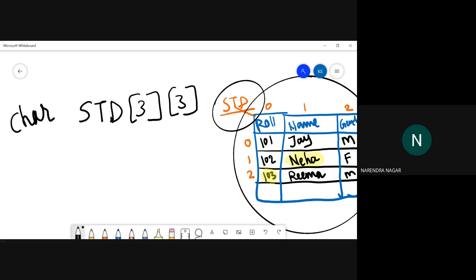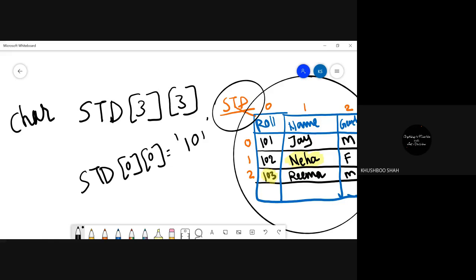Like STD 00 equal to, in single quotes, 101. This way. Yes, who is this? This is Narendra. Okay, Narendra, 101. Okay, let's accept that for this particular roll number I can use the single quotes, because I know that I am not going to perform any mathematical operation on this.